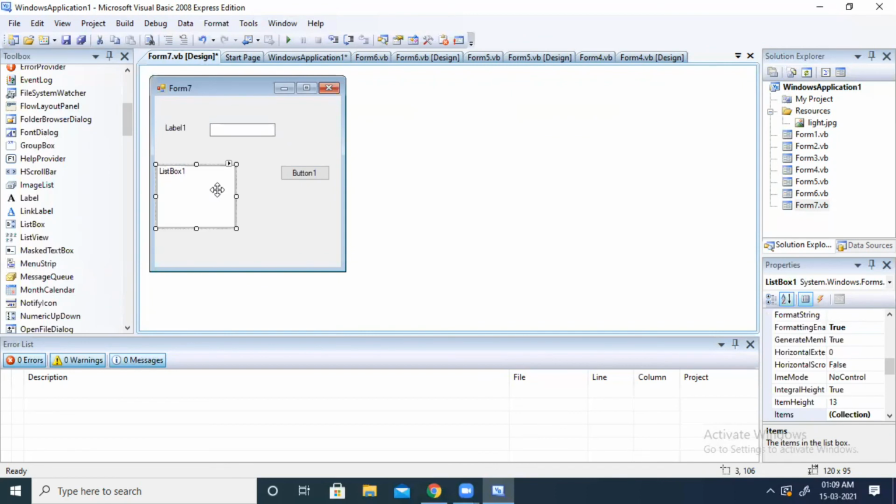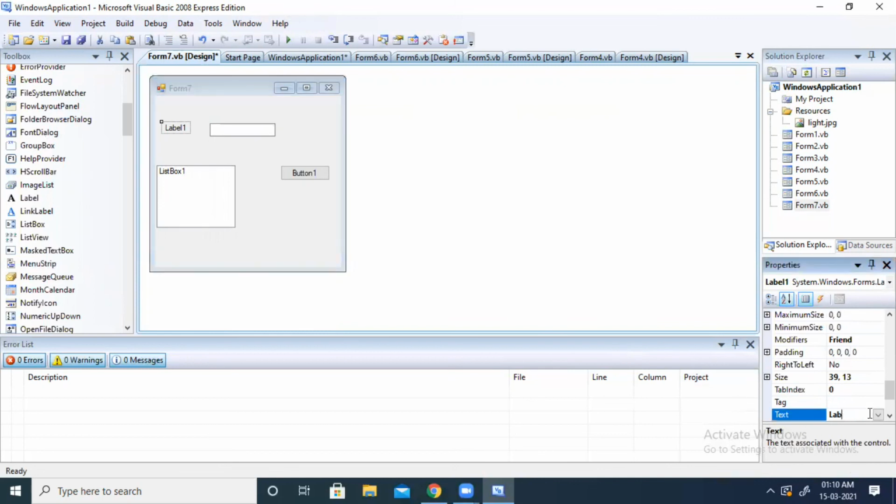Okay, so here what I want to do is enter a number. So here we are going to use one more control, that is list box. Enter a number to get table.